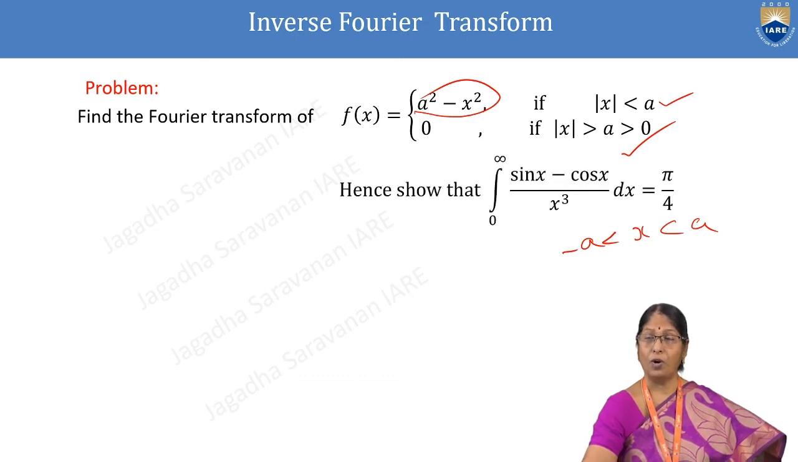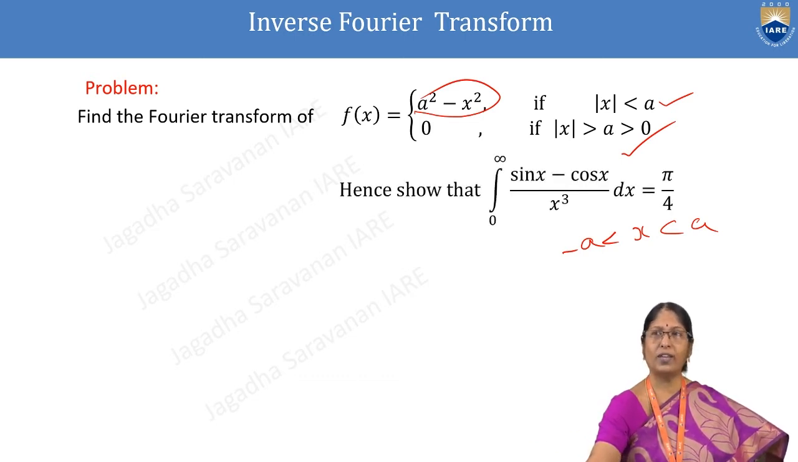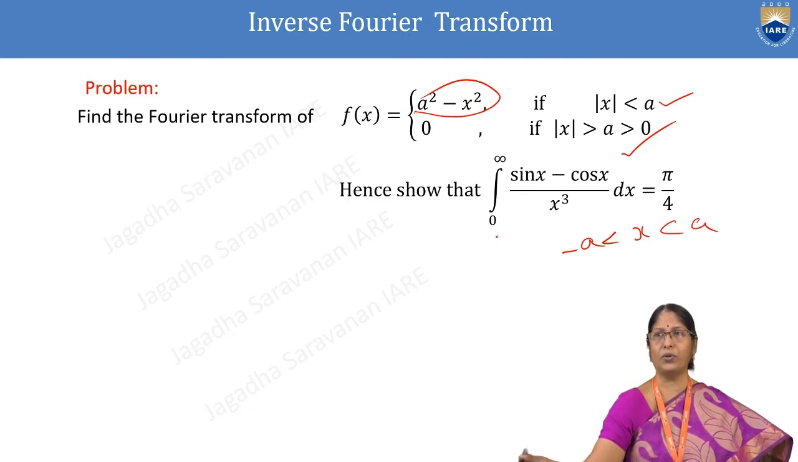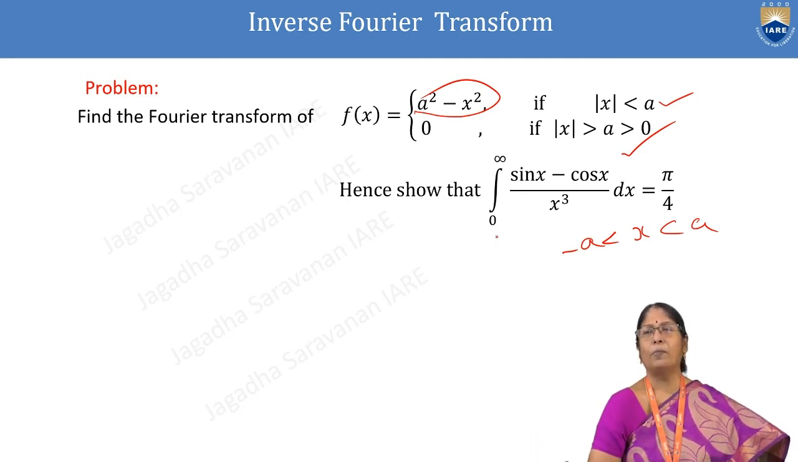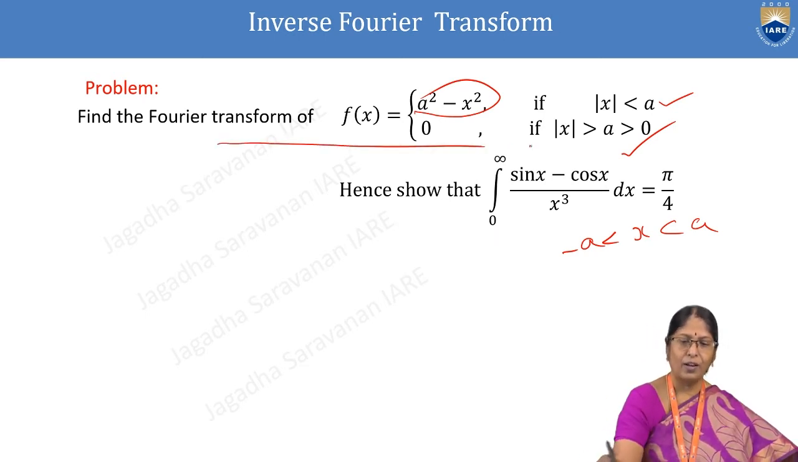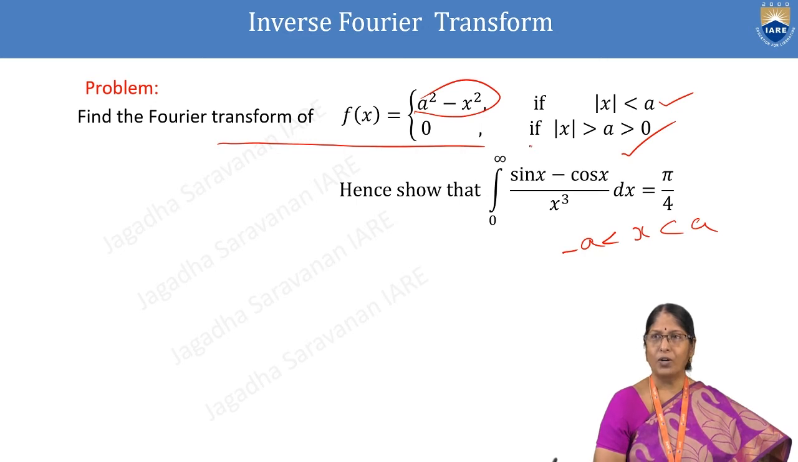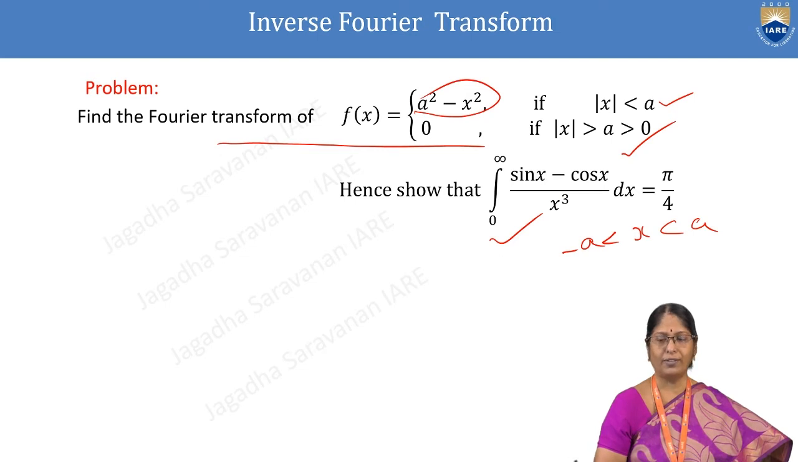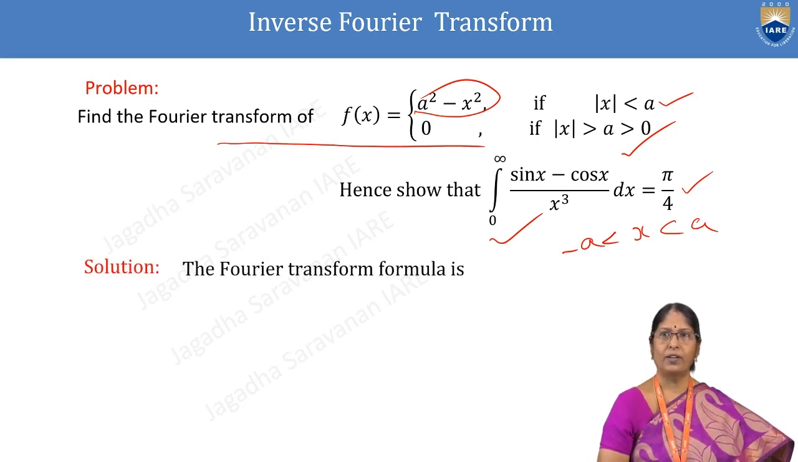And one more thing, hence show that the integral from 0 to infinity of (sin x minus cos x) by x cube dx equals pi by 4. So first we will find the Fourier transform. To deduce this, we will apply the inverse Fourier transform, then we will obtain this result. Solution. So the Fourier transform formula is